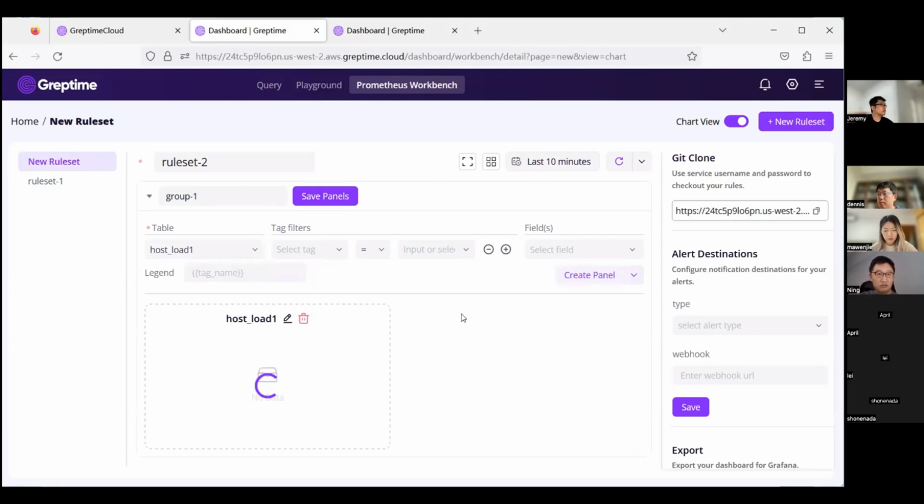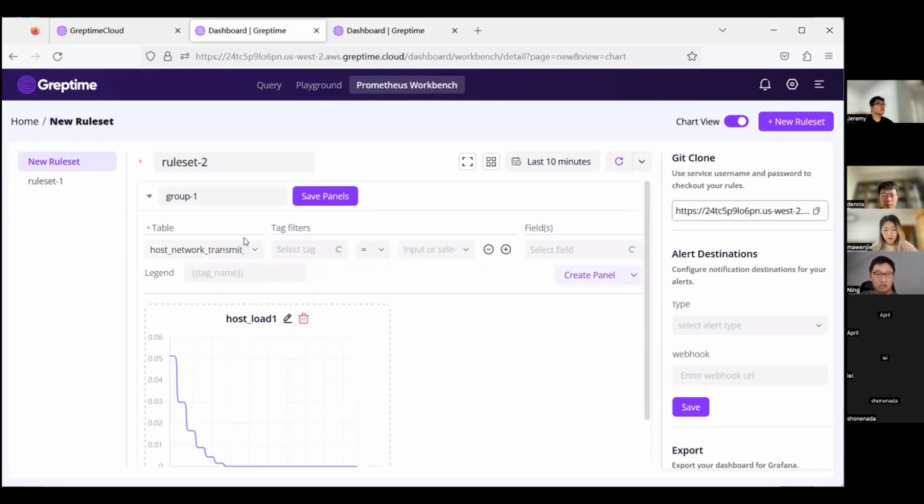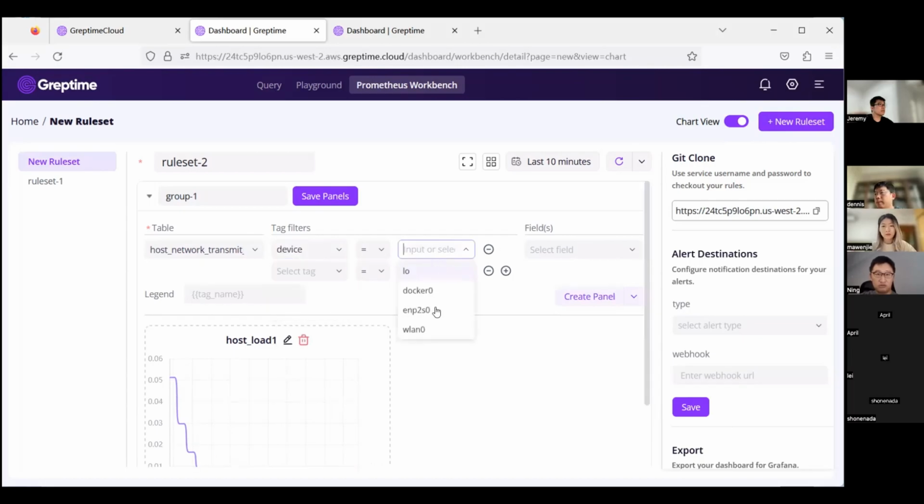And some Prometheus metrics are cumulative, for example, network bytes. We want to select a device, and filter for this device. For these cumulative metrics, you may want to visualize the rate, so we can select the rate here.